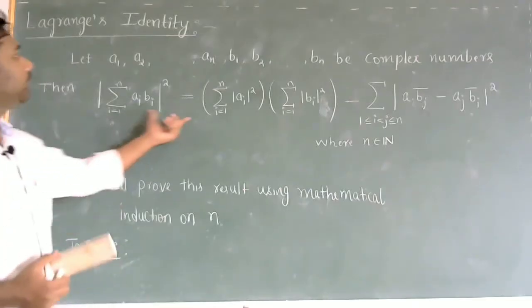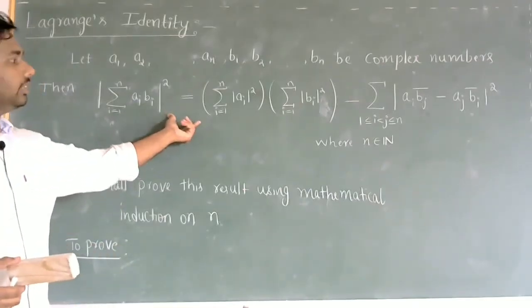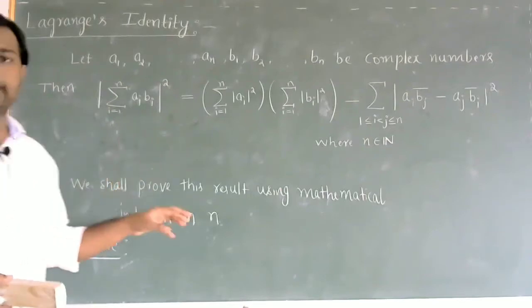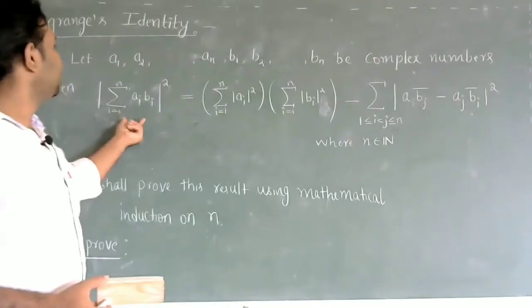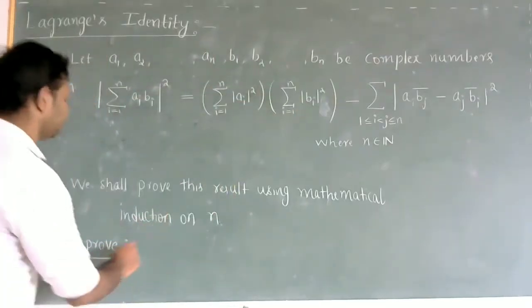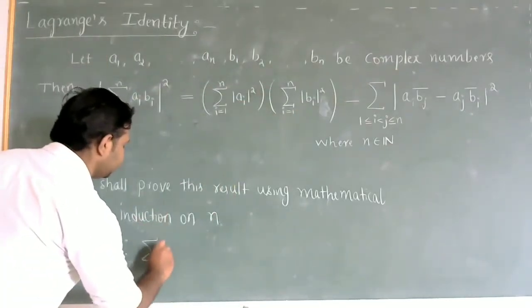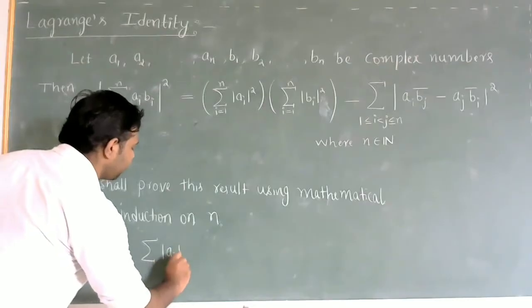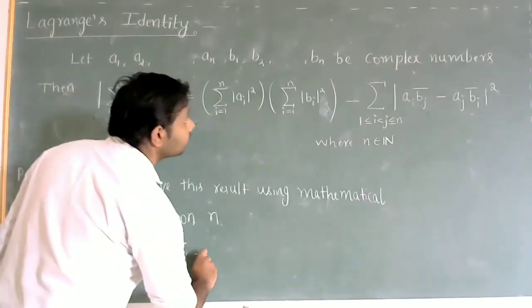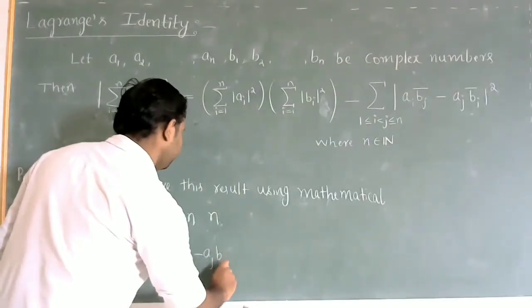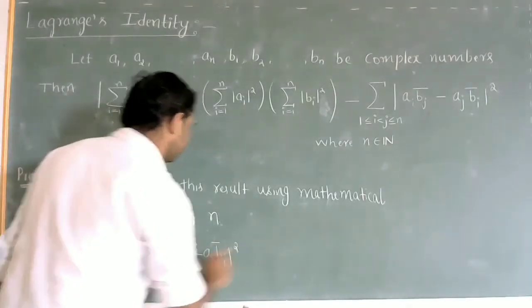So what do we have to prove? We have to prove this equality. I'll make a change here: I'll take this part to the left and this to the right. So to prove: summation of ai bj bar minus aj bi bar, whole squared,